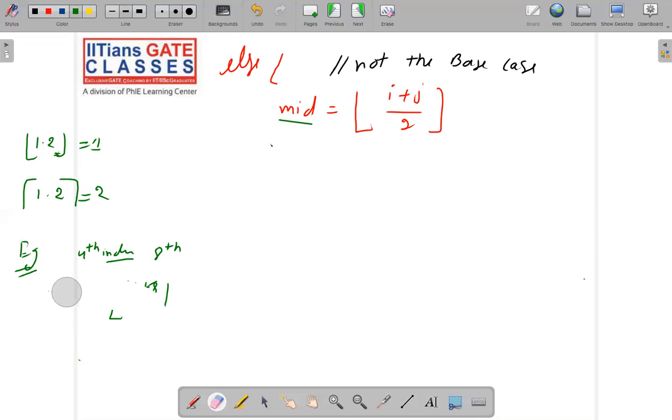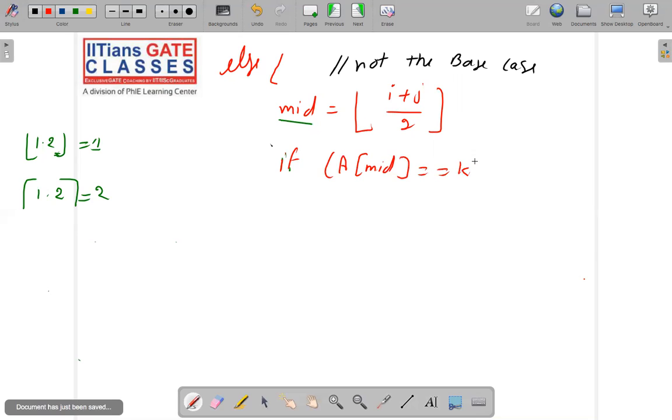Okay, so now let's see what our next step is. We'll say that if the middle element is equal to k, then we found the element. Let's return the middle element, mid. Else,